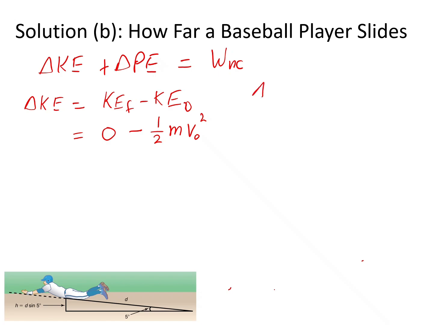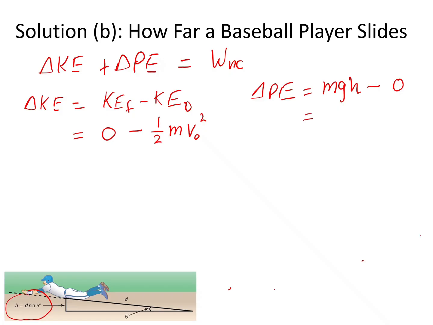The change in potential energy is final potential energy m g h minus initial potential energy, which is 0 if we select the ground level as the zero gravity level. h is equal to d sine 5 degrees,